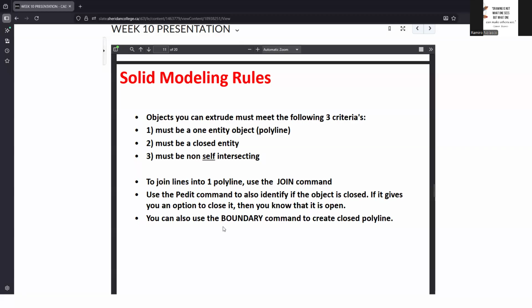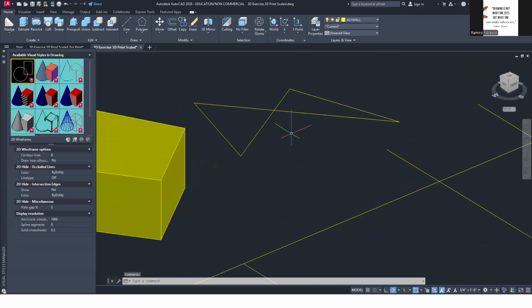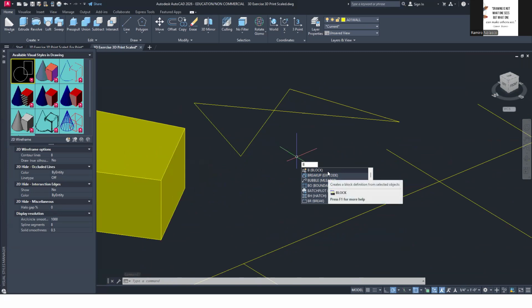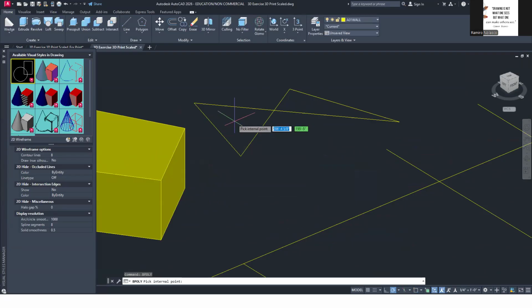Now, there are instances when you might want to extrude this. So what you can do is create a BPOLY, or boundary polyline. So BP, pick the internal point, and it will create a closed polyline for you. Now that we've created that, we can do an extrusion.